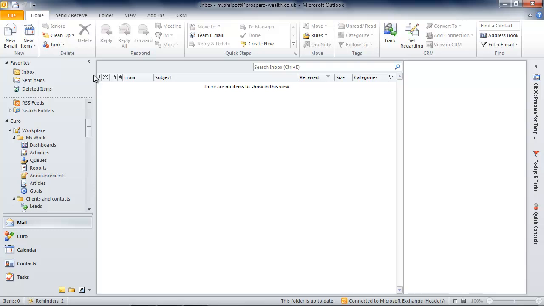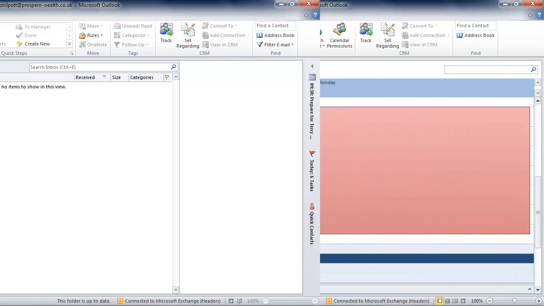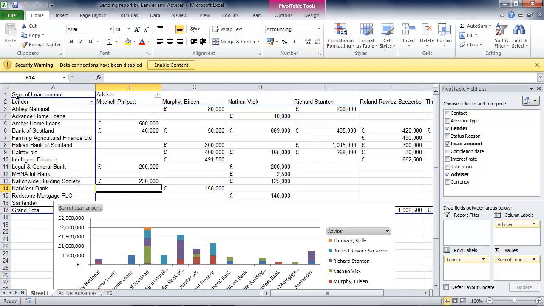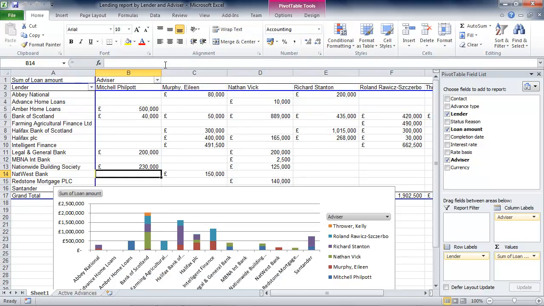So fast forward for a couple of weeks and consider a scenario. As you can see, I'm on holiday. However, that hasn't stopped Jane from asking for an update of that report that I prepared for her a couple of weeks back. Now, because I saved and generated the report as a dynamic pivot table, what that means is